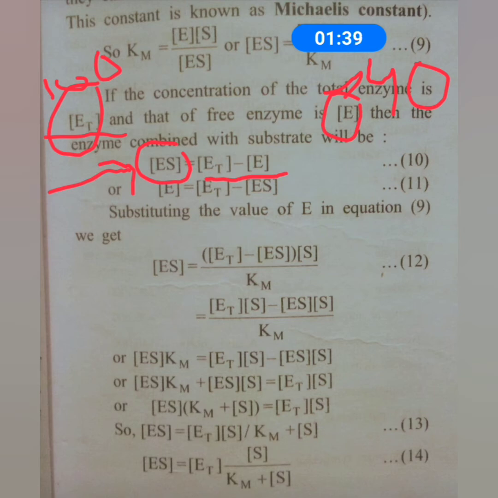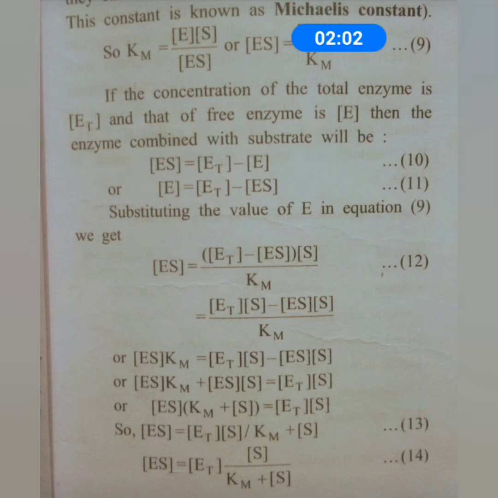Now that will be equal to 100 minus enzymes which are still free, 40. So 100 minus 40, that means 60 enzymes are already bound with the substrate here. So I hope this is clear. ES is equal to E total, that means total enzyme, minus enzyme which is still free. So from equation 10 we can